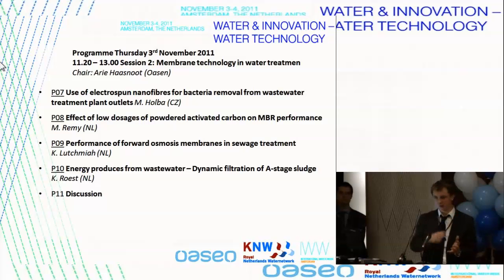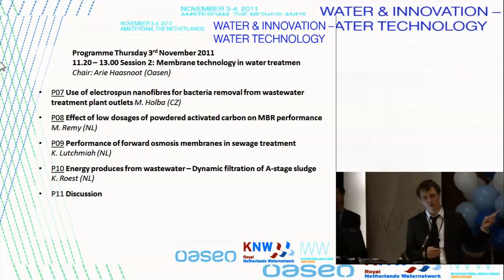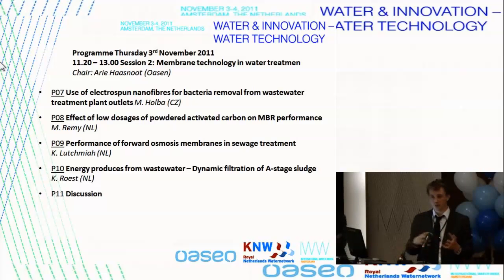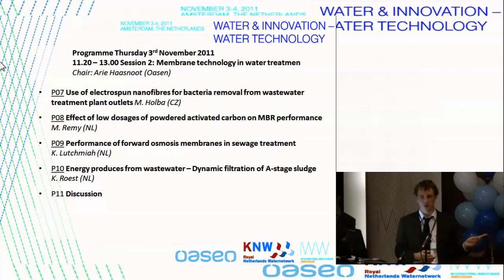And in the case of high decrease in temperature, the fluxes I showed were corrected for viscosity of the permeate. But you still have, in the case of stress, release of EPS and compounds that can be foulants. In this case, when you don't have so many within your floc, because it's more compact, there are not so many to get released, and then you don't get this fouling. It was in case of short-term effects. In the long term, it might be a bit different. That's why it would be interesting to see.